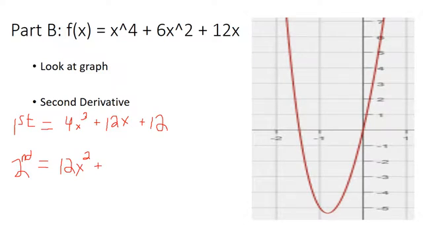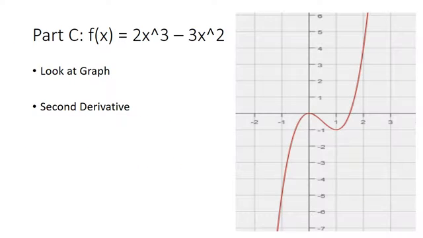12x squared plus 12. And remember we were talking about how it depends on the situation, whether it's going to be greater than 0 or less than 0. But in this case, it is always going to be greater than 0, because if x was -1, or it was a negative number, right? A negative number squared is still a positive number. Or if x was 0, we still have this plus 12, which is greater than 0. So this function is always going to be greater than 0, which means that it is convex, just like